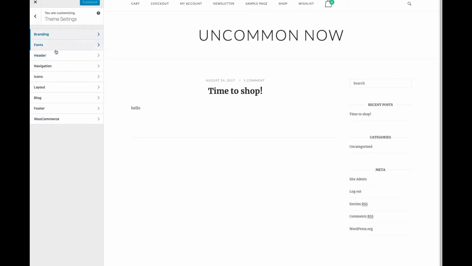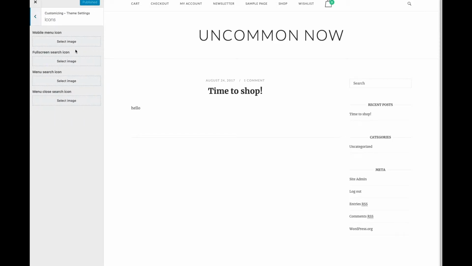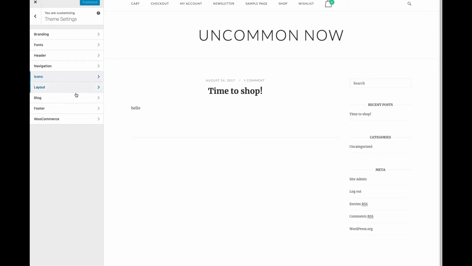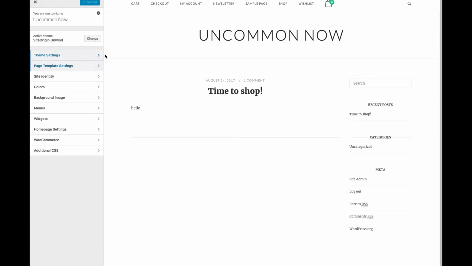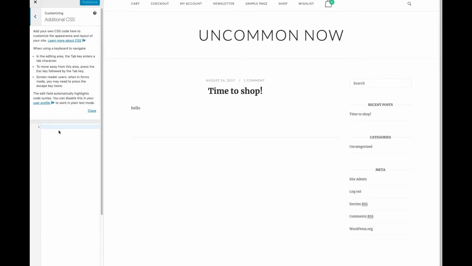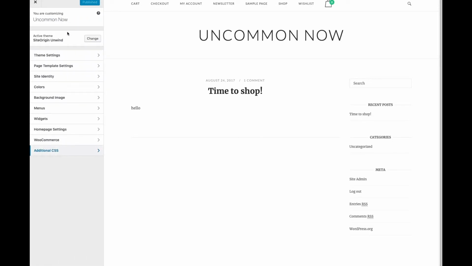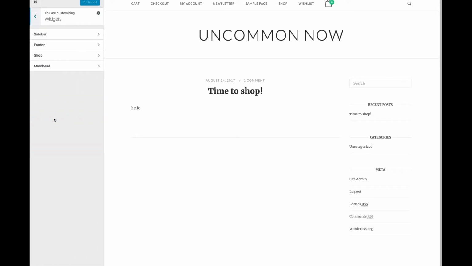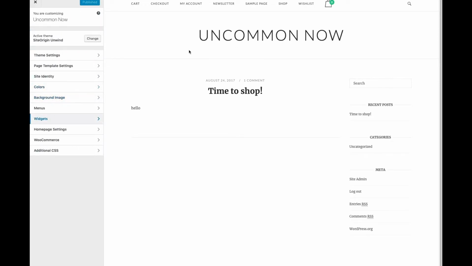And if we go back, you can change headers that will show up on every screen, navigation icons. Basically, anything that you want to have control over, you can control from this editor. And so if you want even more control over what your store looks like, you can add CSS code as well by adding it here. So you can do footers, sidebars, basically everything that shows up on the screen you can edit to be the